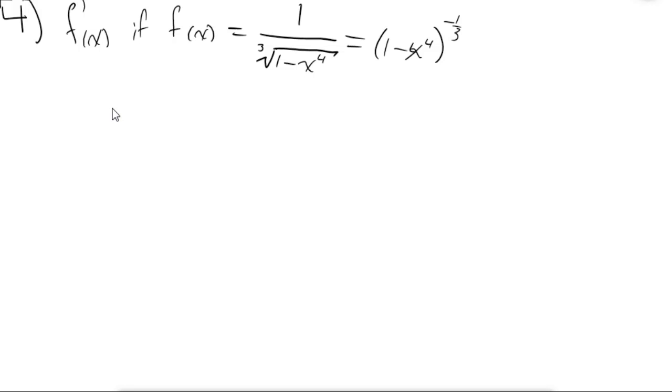Sorry about that. Misplaced my notes for a second there. Chain rule mixed with power rule. We do know that the derivative of f is equal to n, which in this case is negative 1/3, multiplied by